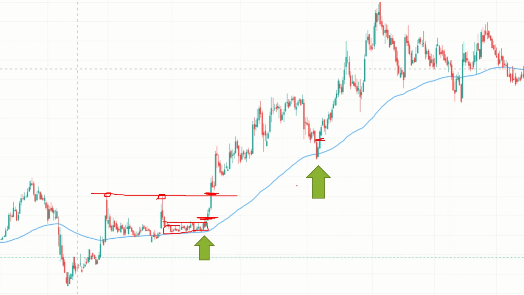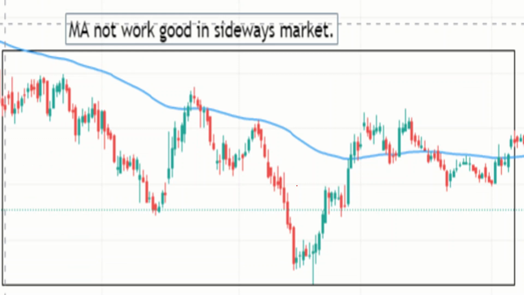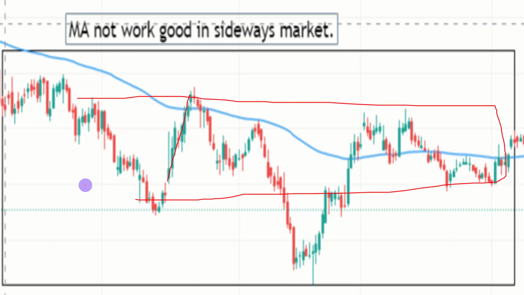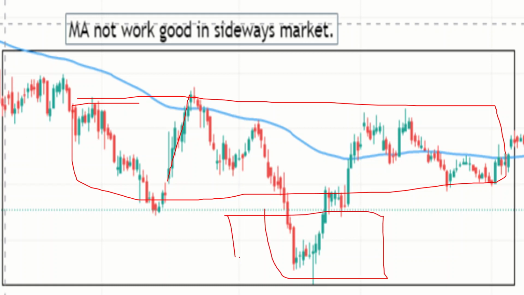Okay, moving average does not work well in a sideways market. You can see the market is in a range. The market has not gone anywhere. These are some whipsaw movements. These are extreme movements which are not sustainable. Okay, so we are assuming that this is a range,